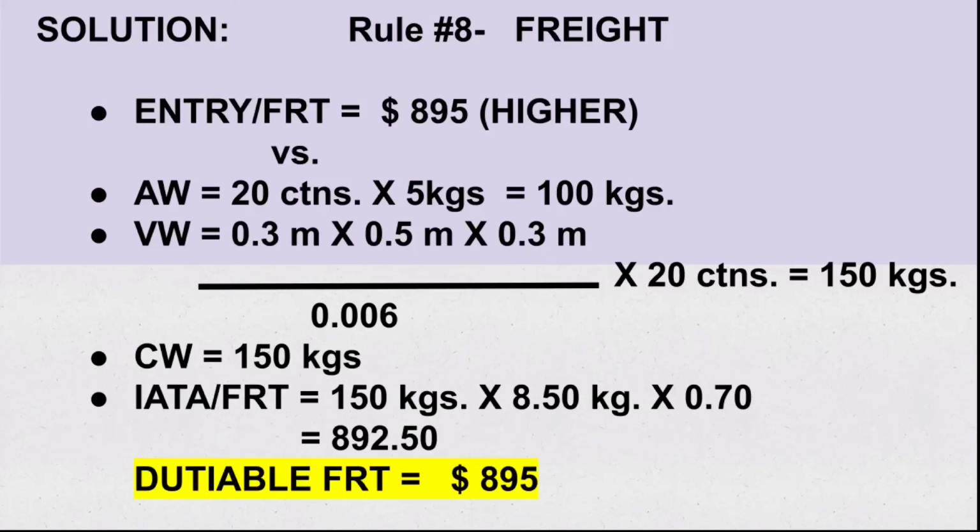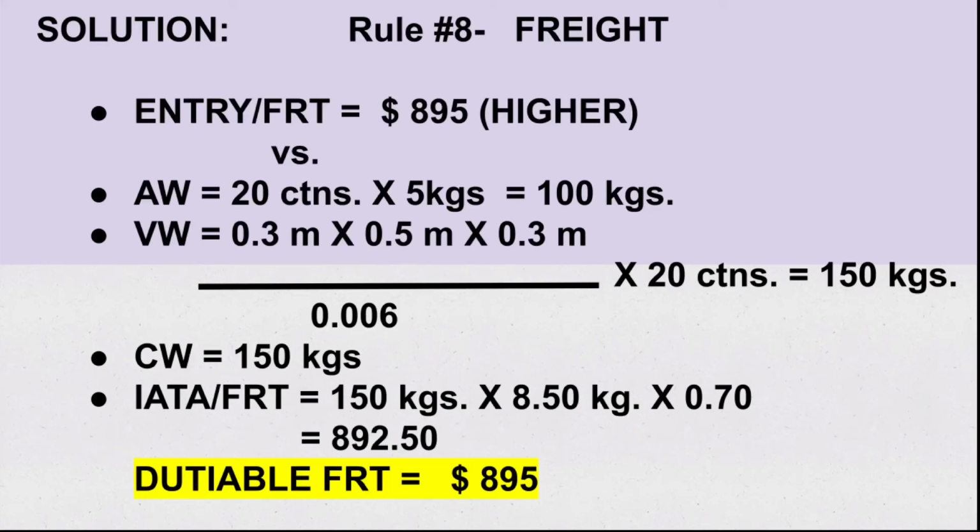According to rule number 8, for freight, whichever is higher is the one we use. So, our entry freight is 895, which is already given. And our actual weight is 20 times 5 kilograms equals 100 kilograms. And then the volume weight is 0.3 meter times 0.5 meter times 0.3 meter, divided by 0.06, times 20, and then we have 150 kilograms. So, since we have a chargeable weight of 150 kilograms,